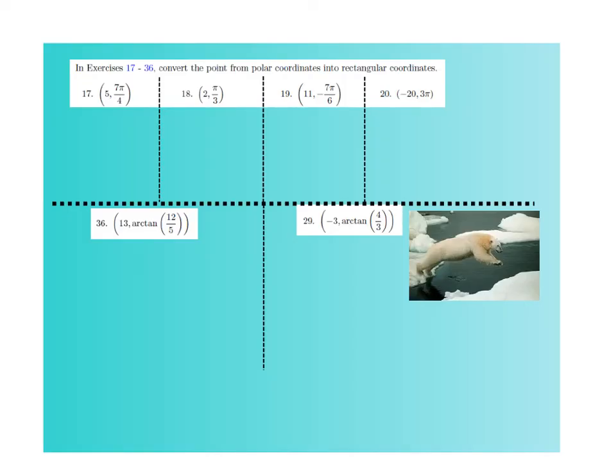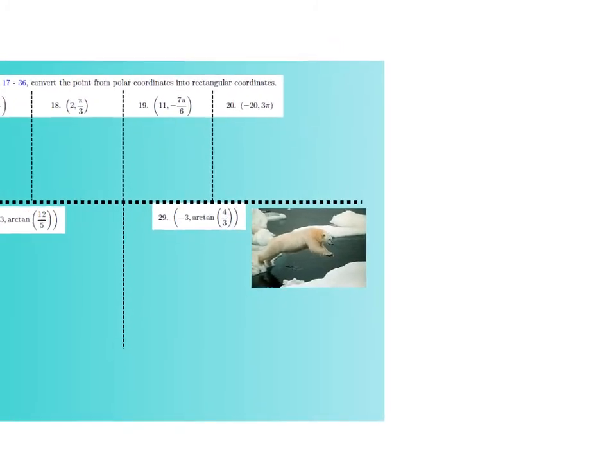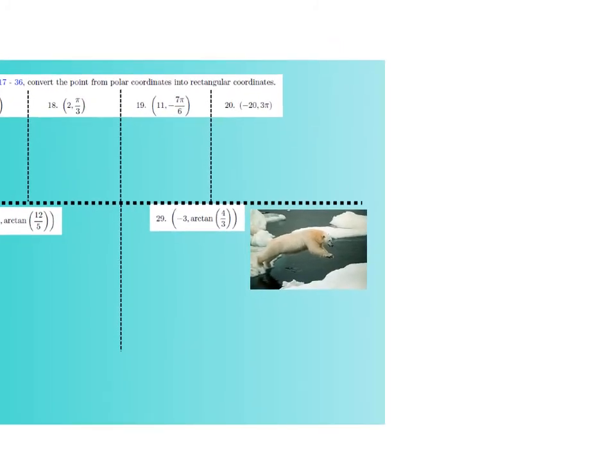I skipped past the battleship slides. Maybe we'll do number 18 together. I'm going to just do it over here so we have more room. First, we're going to graph 2, pi over 3. That would be out 2, and you swing to pi over 3. Okay, so we need to change that to